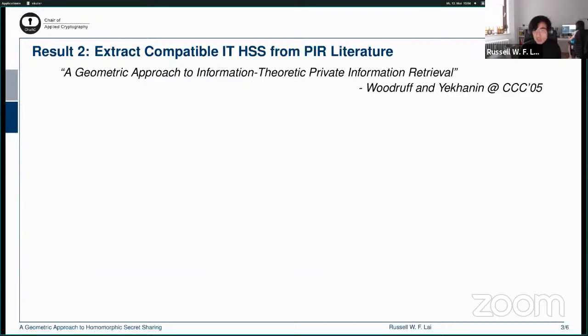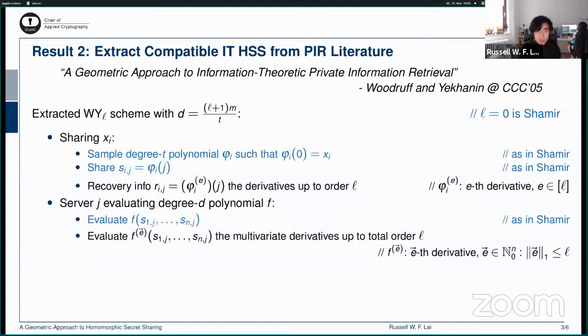And for the second result, we will extract some compatible information theoretic HSS schemes from the private information retrieval literature. And specifically, we are looking at the beautiful PIR scheme of Woodruff and Yekhanin. Our extracted scheme will be parameterized by a natural number L, and they will support a degree D equal to (L plus 1) times m over t. And note that when L equals 0, we will recover the well-known Shamir secret sharing scheme. So the WY_L scheme